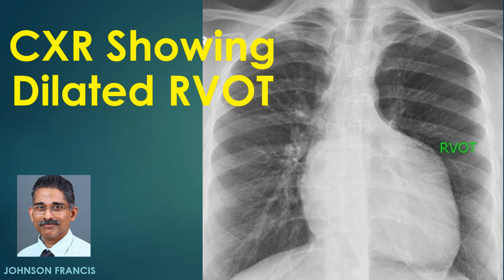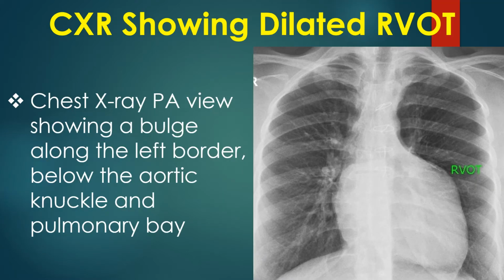Discussion on chest X-ray showing dilated right ventricular outflow tract. X-ray chest PA view showing a bulge along the left border below the aortic knuckle and pulmonary bay. Sternal wires are seen near the midline, which would suggest that the person has possibly undergone a cardiac surgery by